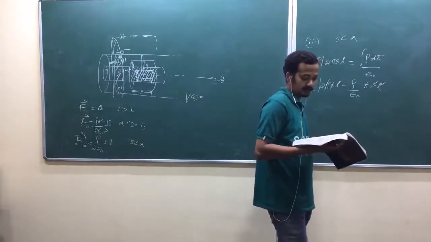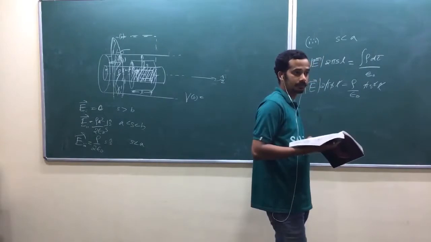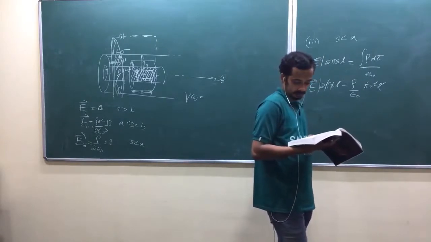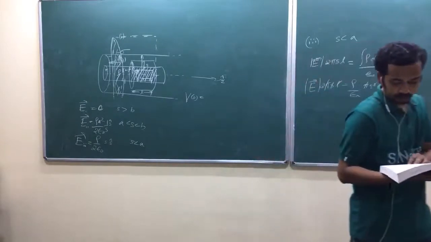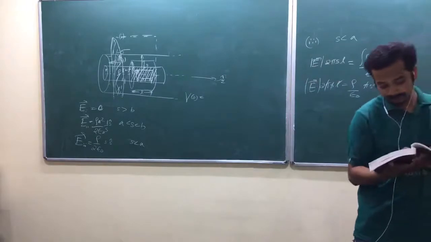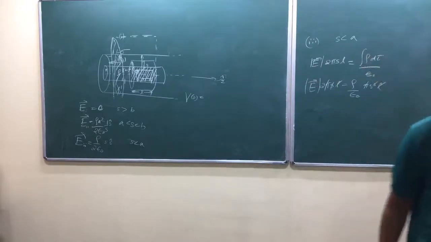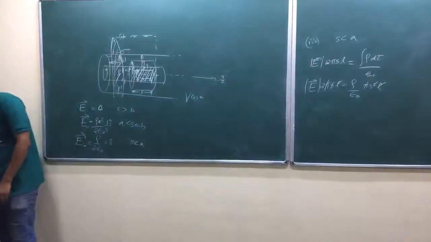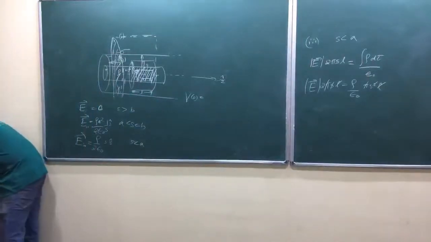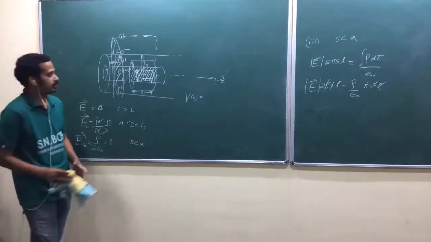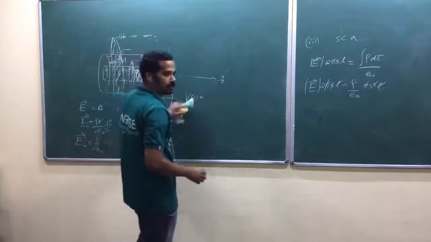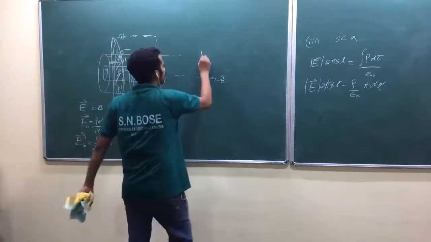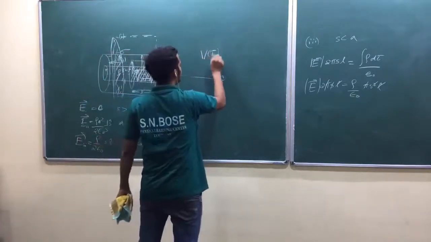No, problem number 23, that's what I am talking about. Okay, 24th problem, isn't it? I think he asked for potential difference, isn't it? Yeah, sorry. I jumped one problem, all right? Find the potential difference between a point on the axis and a point on the outer cylinder. I mean, potential difference. How do you write it? Any idea? VB minus VA